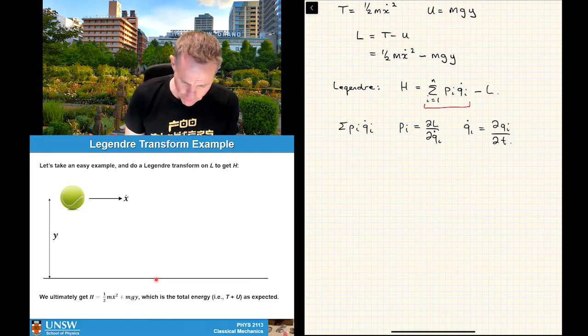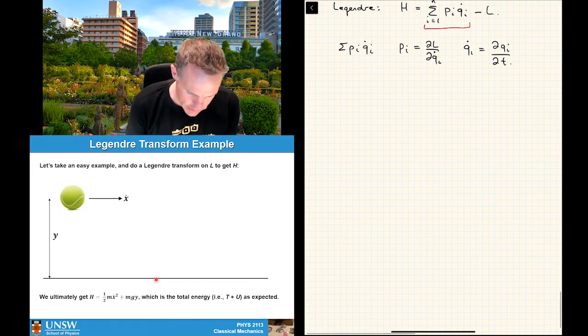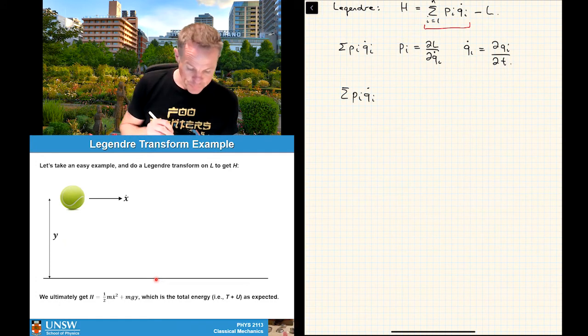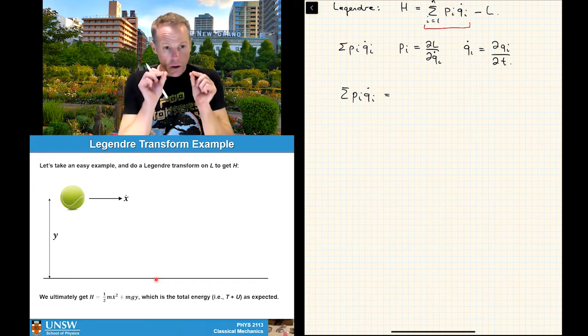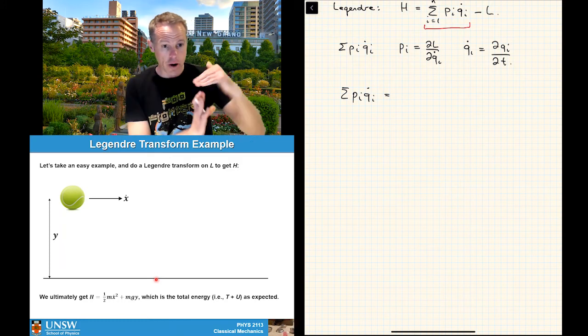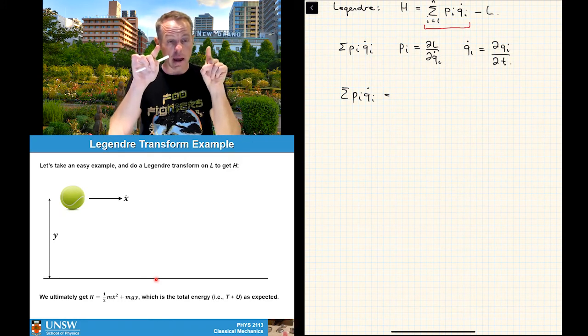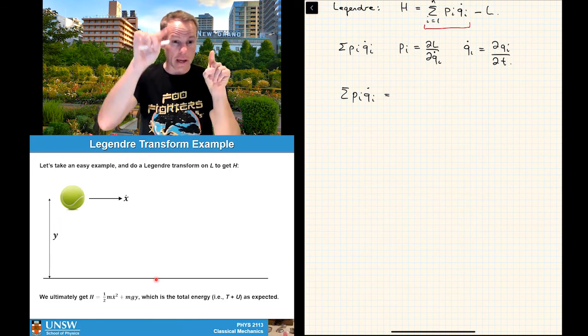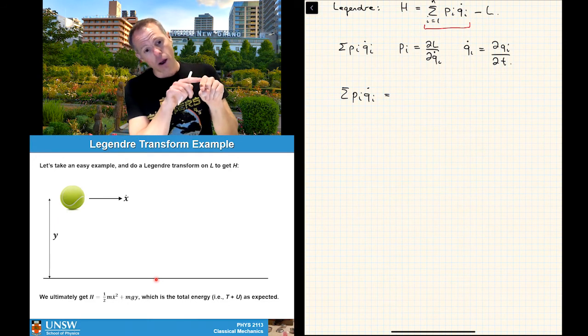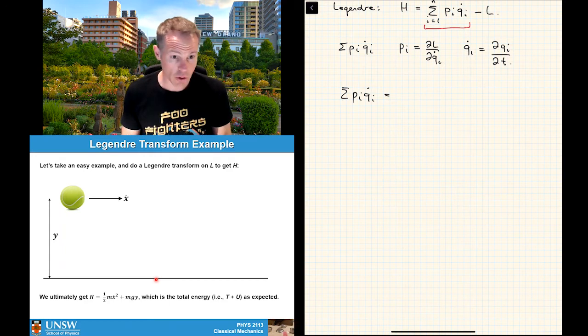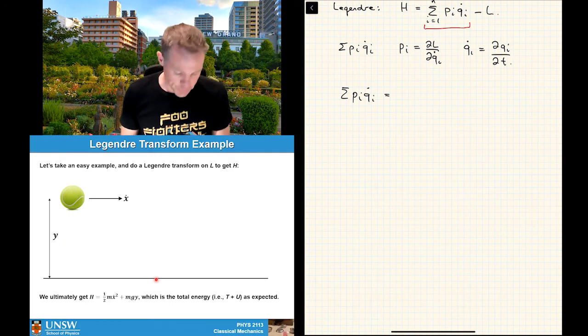so if we're working on our sum of p_i q_i dot in this particular case, we have one variable we have to deal with in the x direction, and we have one variable that we have to deal with in the y direction, right? Because there's an x and an x dot, and that x dot would have a corresponding p_x, and there's a y and a y dot, and that y dot will have a corresponding p_y. Okay, so there's going to be two terms in here,